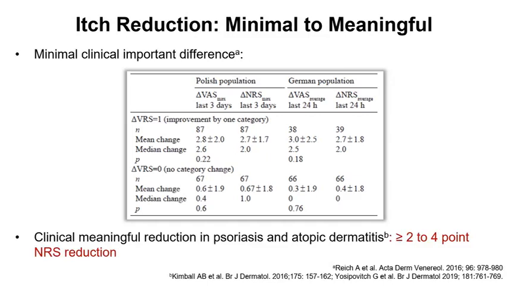And from atopic dermatitis studies and psoriasis studies, we know that a 4-point reduction is clinically meaningful. So this is really a dramatic and significant reduction. So if you want to bring your patient significantly down in the itch intensity, you have to achieve a drop of 4 points. And this is, for example, also a responder criterion in many of the currently ongoing clinical trials, a drop of 4 points on the NRS.